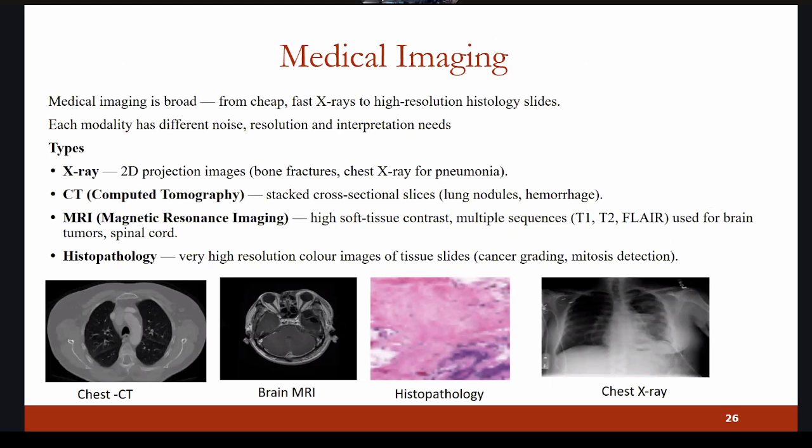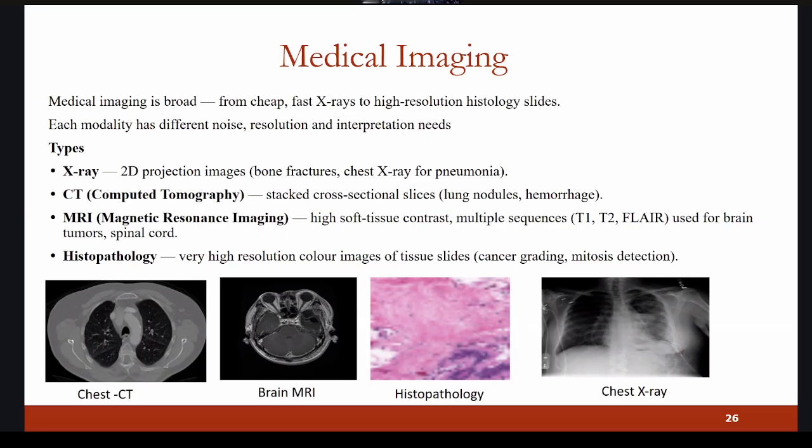Okay, so now I'll just discuss a simple demo of bone fracture classification using X-ray images. We have applied a custom CNN model, and then all the deep CNN architectures, and we have compared the performance of different architectures on the bone fracture classification data set. I'll show you. So in case of medical imaging,